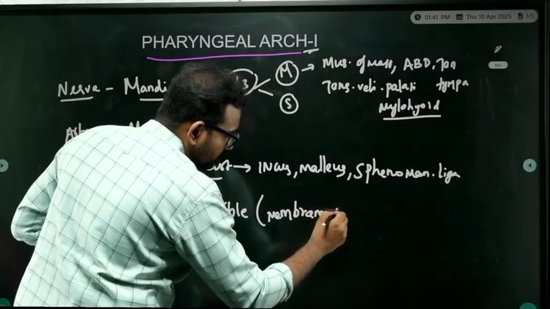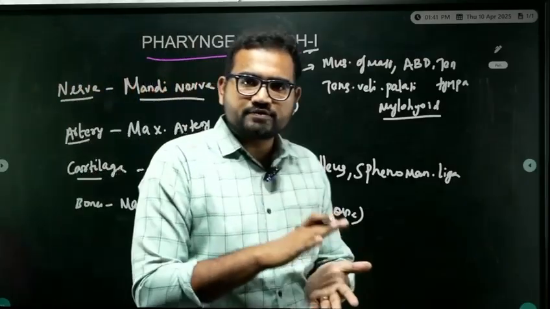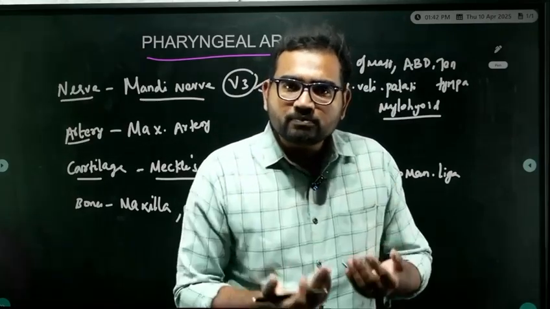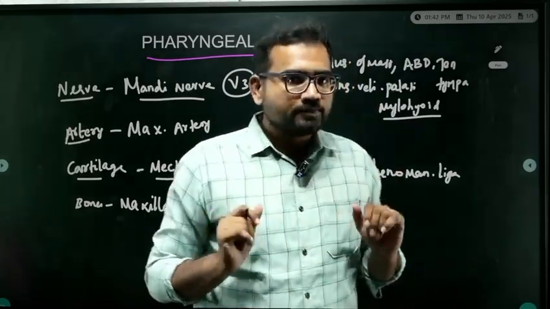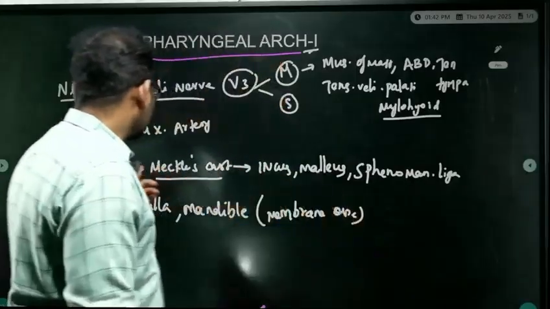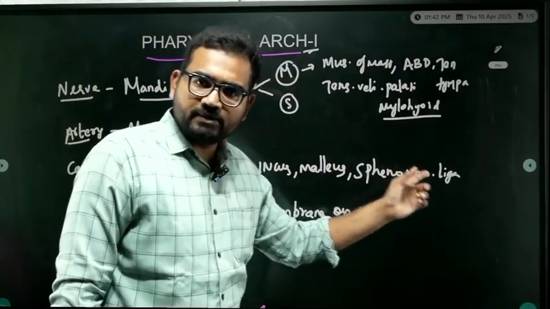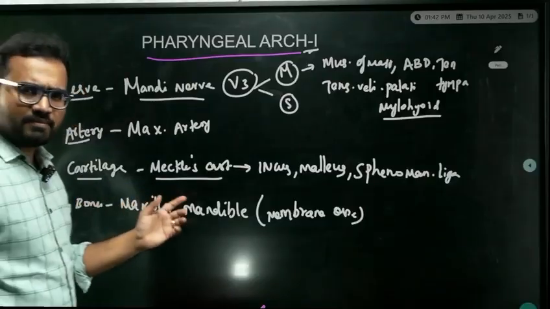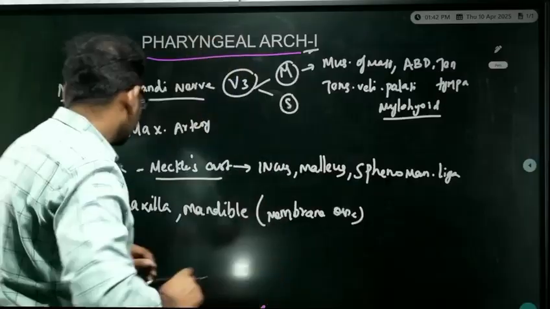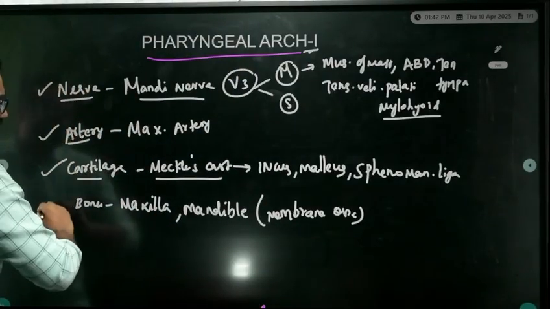Cartilage is a soft piece of tissue, like a sponge, which acts as a cushion. It forms at the end of the joint, gives shape to the bone and acts as a shock absorber. Cartilage can give rise to bone, ligament, or sometimes remain as cartilage. So what is the cartilage of the first arch? Meckel's cartilage gives rise to the incus, malleus, sphenomandibular ligament, and other bones like the maxilla. The mandible is not formed by the cartilage as such because it is formed by membranous ossification. Okay, now nerves, artery, cartilage, and also some kind of